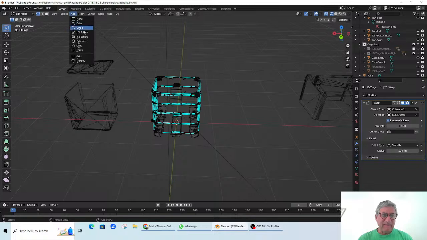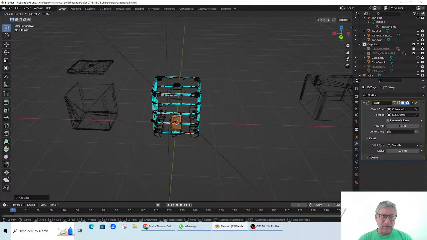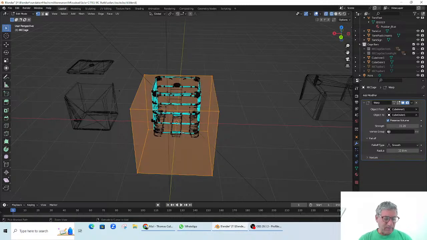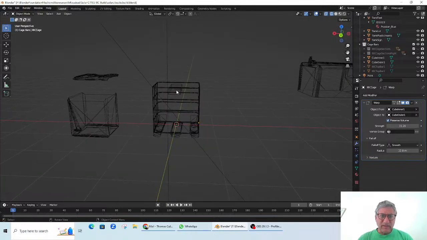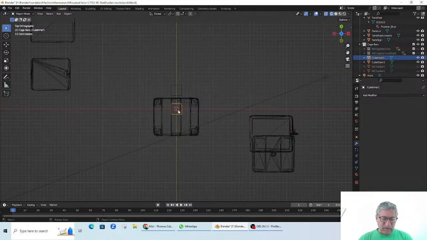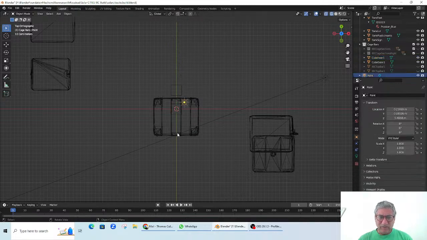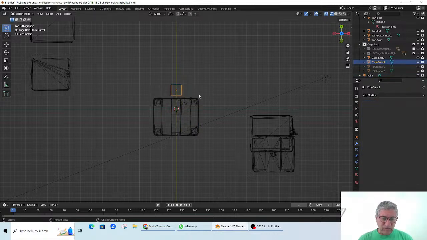Because if I were to make a cage, let's say that I add a cube and then scale that cube down. Oh, we're in the wrong mode. Let me go back to object mode. Let's try this again. I'll just take this cube for now. And I'm going to come over here and move. Ooh, still got that displacement modifier on it, which is great. It's great that we learned that, but we don't need it right now. All right, so if I took this cube and I bring it on top of the cage,